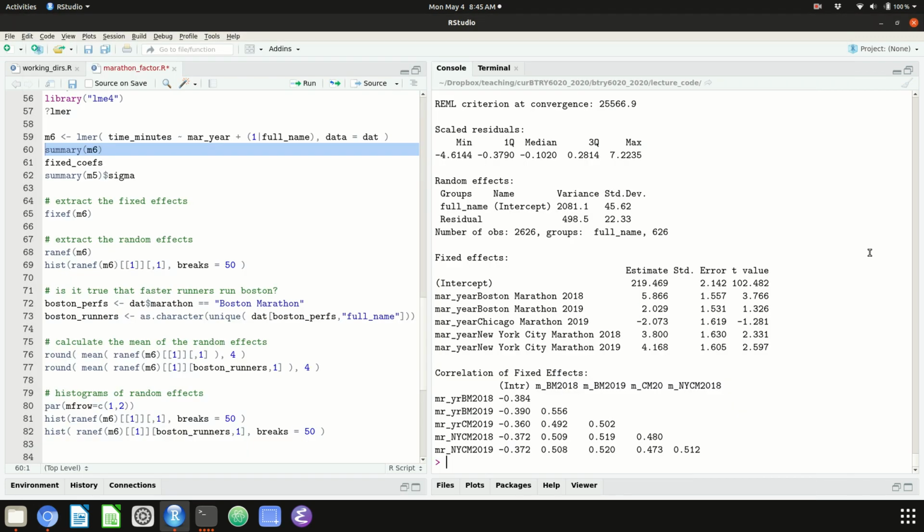Okay, that's it for our random effects script. There's a ton more you can do with random effects. I wish we had time to go over all of it, but this is at least a little bit to get you started with the